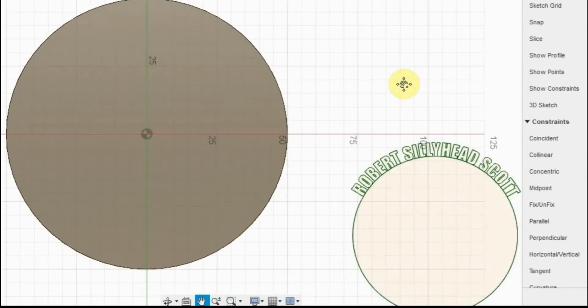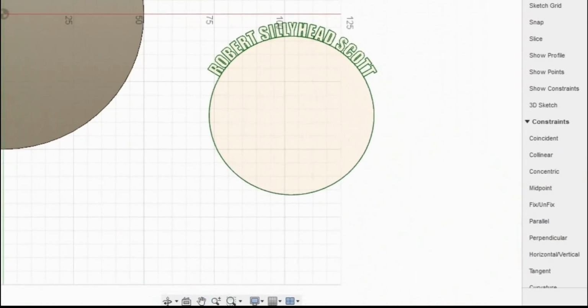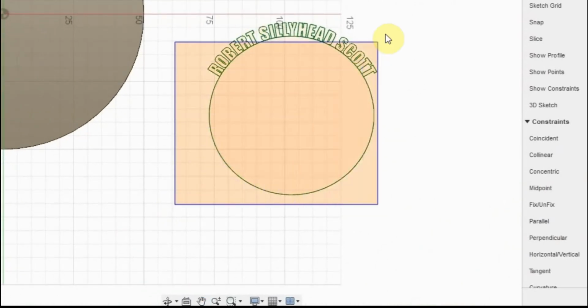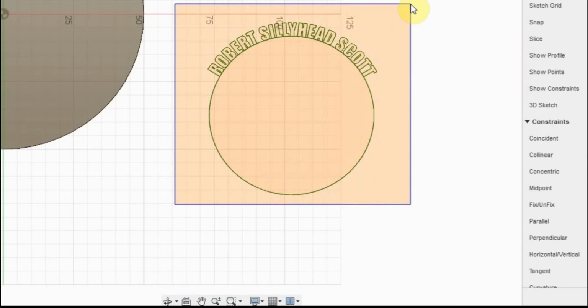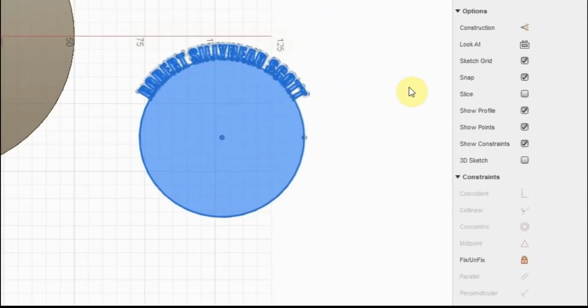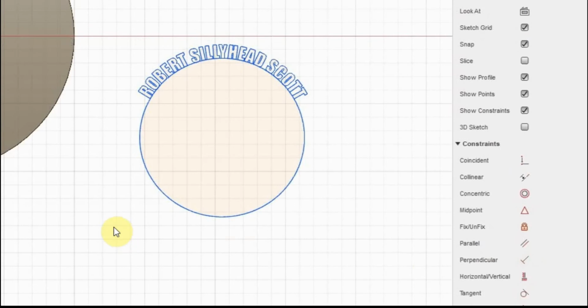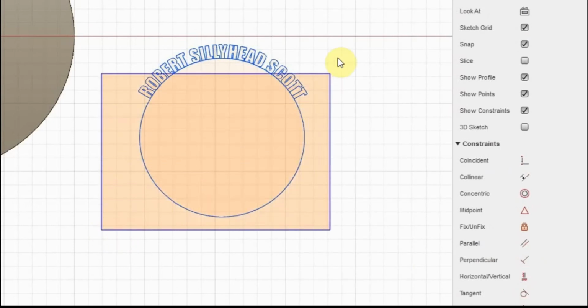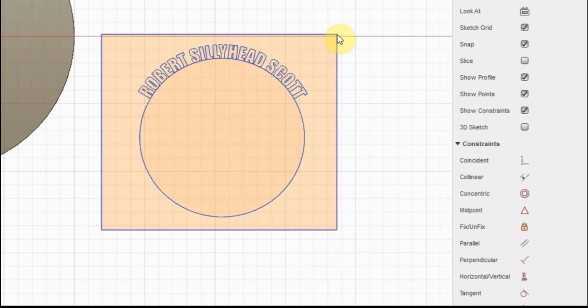When you first drop it on there, it's in green, which means it's locked in place. So the first thing you want to do is select the whole thing. And then you'll go over and hit Fix Unfix, which turns it blue. And once again, since it's a bunch of different shapes, a bunch of different curves, you have to select the